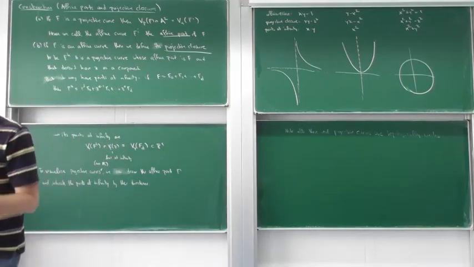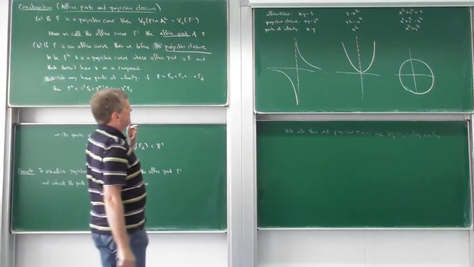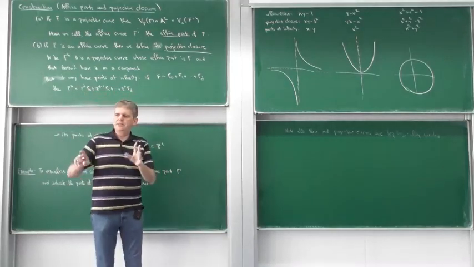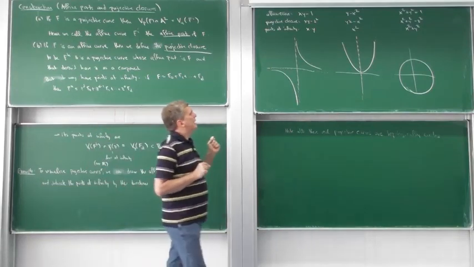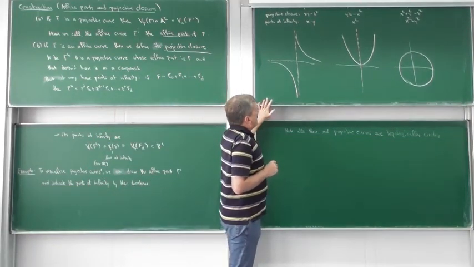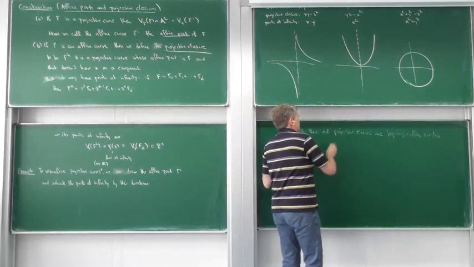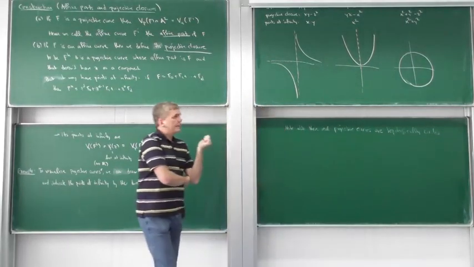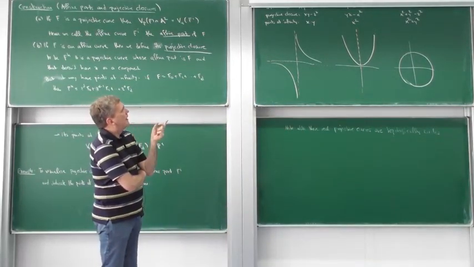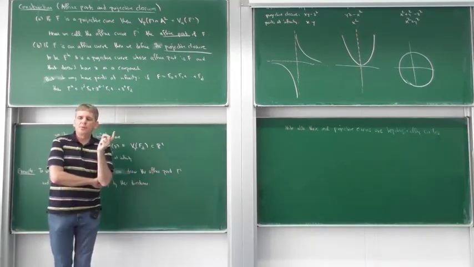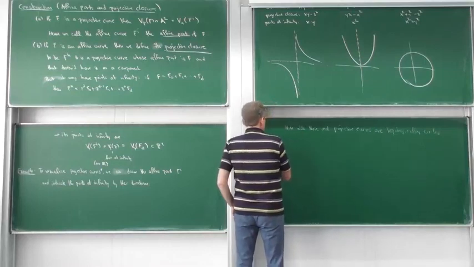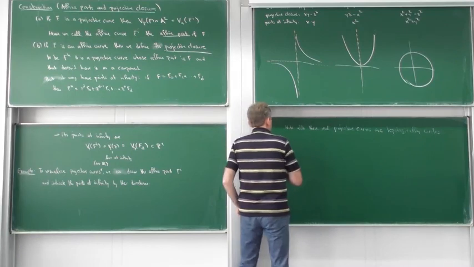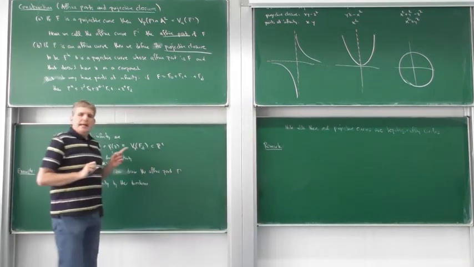So the main point for today would pretty much be going quickly, and I'll try to do it quickly, through chapters 1 and 2 again. So the things that we did for affine curves, and see how they generalize, or how they adapt, how they can be transferred to the projective case. There's just one remark that I want to make before, and that's something that's really unique to algebraic geometry in general. It's nothing that we would really follow in this class, but I think it's nice if we see it once. Namely, if we